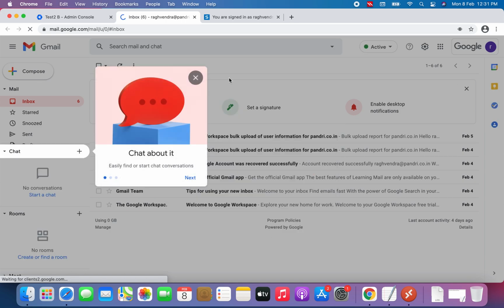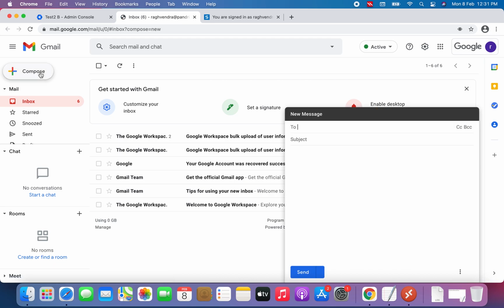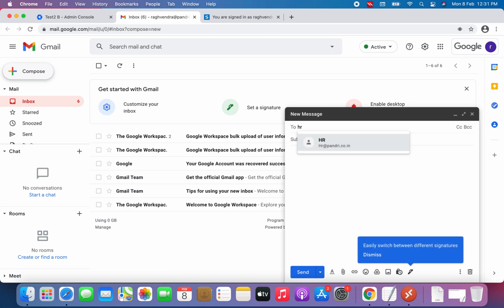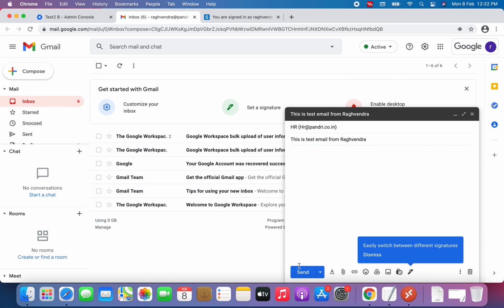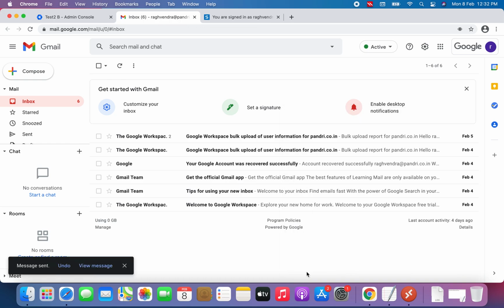Let me send a test email to HR: this is a test email from Raghavendra. Let's see what happens. I'm going to click here. You can see the message has been sent.